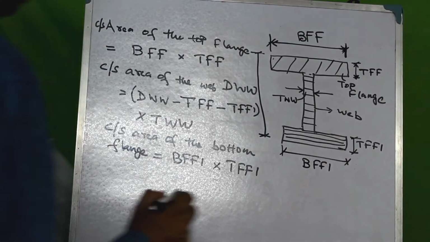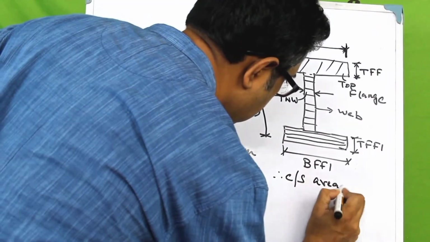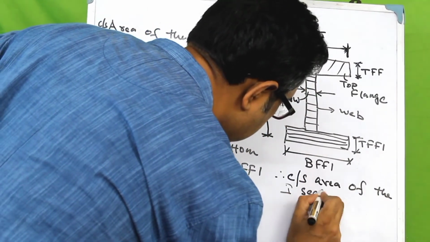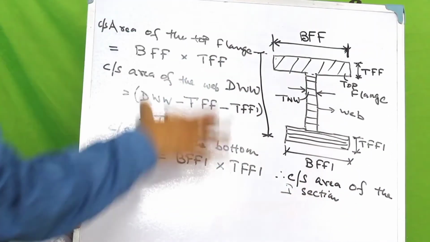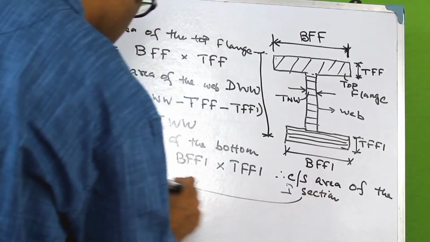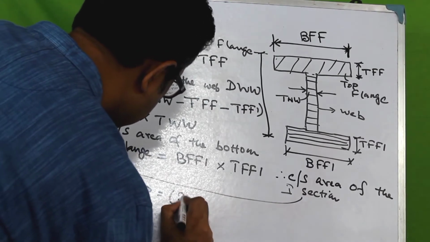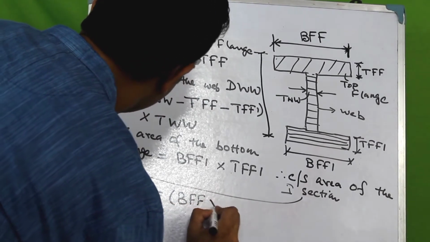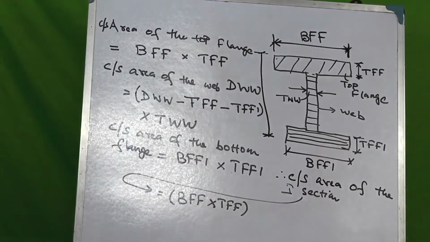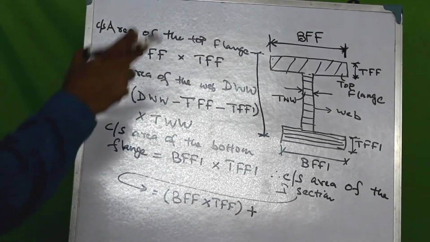So therefore, the cross-sectional area of the I section will be the summation of all of this. So that would be equal to, so let us write from here. So it would be the first term in the expression BFF into TFF, which is the cross-sectional area of the top flange. Then we have the second term, which would be